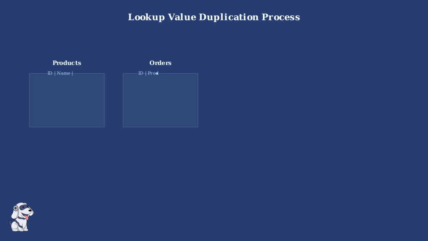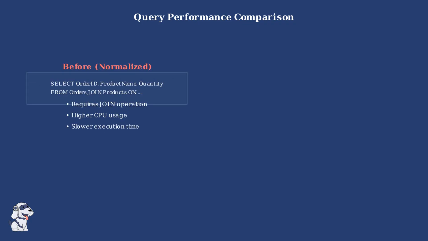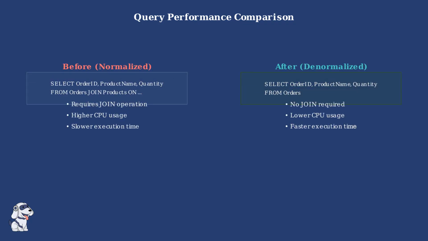Now let's see how lookup value duplication transforms this structure. We copy the product name directly into the orders table. This creates some data redundancy, but eliminates the need for joins when querying order information with product names. The performance improvement is significant. With the normalized structure, every query requiring product names must perform a join operation. With lookup value duplication, we can query order information with product names directly from a single table, eliminating the join